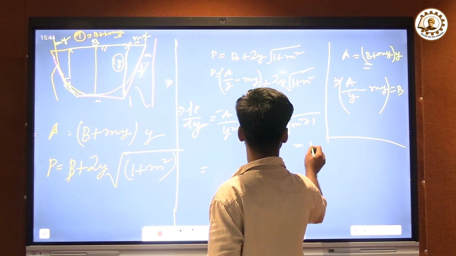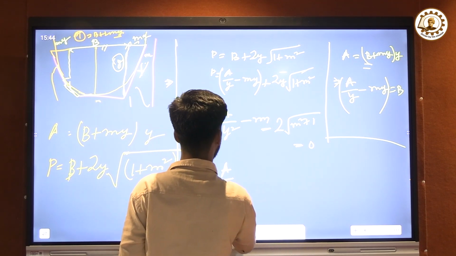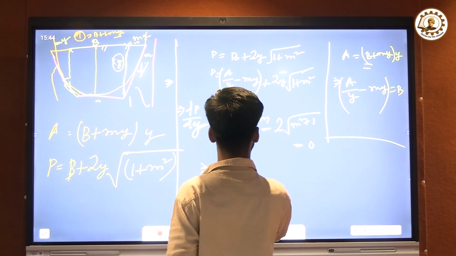The value will be equal to 0. Now the A y square will be equal to